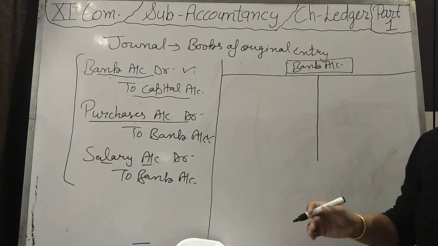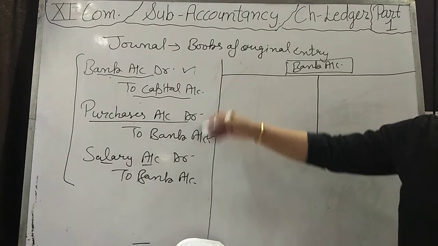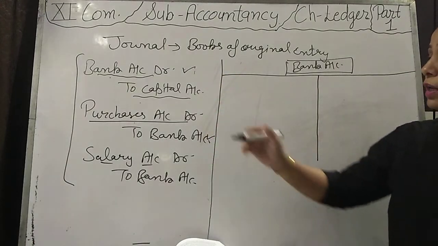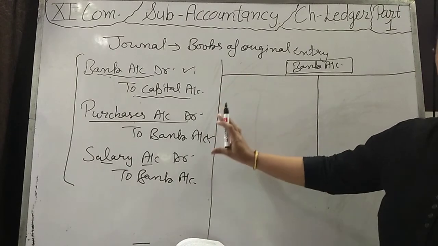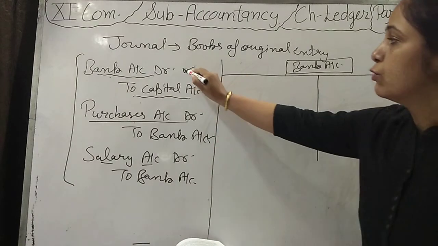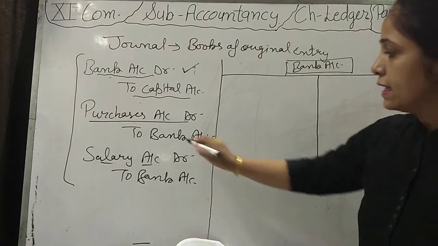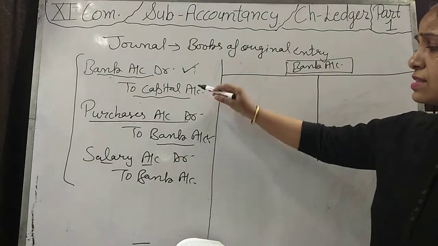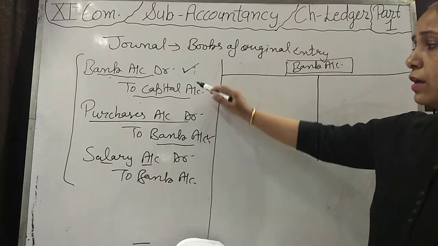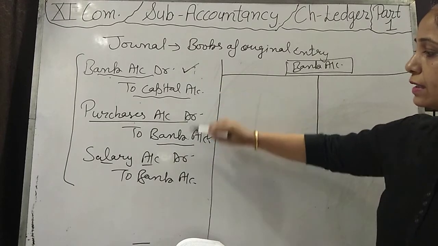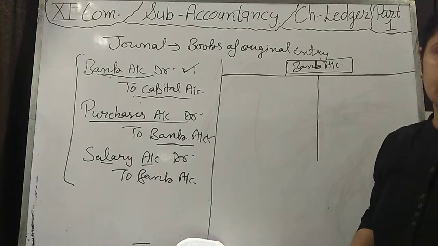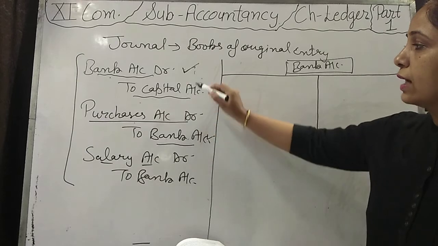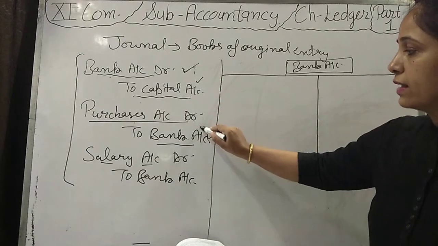But ऐसा होता नहीं है. In 10 journal entries, nearly 6-7 accounts we will use. So we will prepare those 6 or 7 accounts. We will not open it like, in the first entry bank account we have used, in the second entry again we have used bank account. It means that we will not make the bank account 2 times. We will make the bank account 1 time. In that account only we will record this entry also and this entry also.